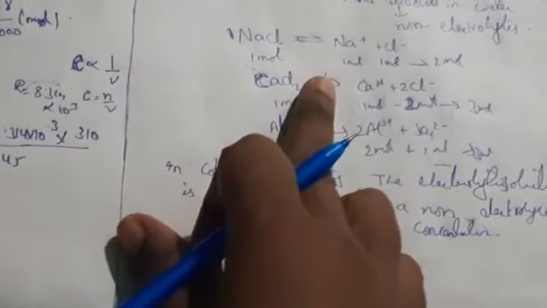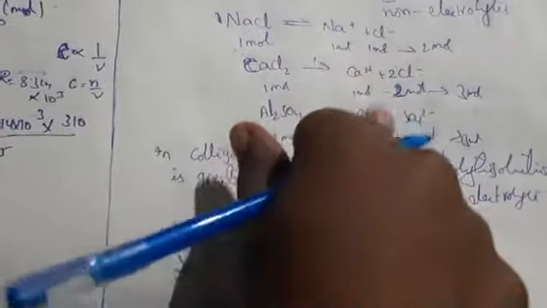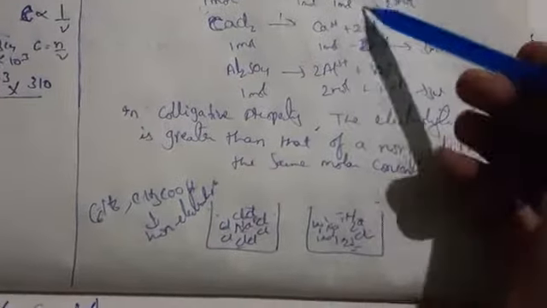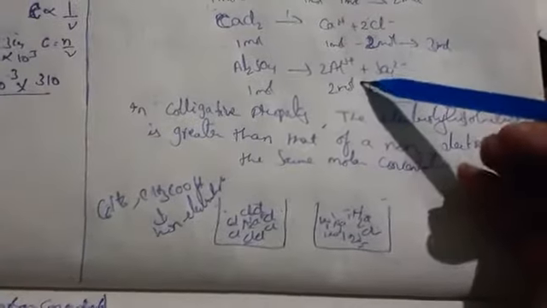So see here, when I am taking NaCl, the colligative properties depend only on the number of particles of the solute. So if you take different solutes also, at the same molar concentration, the colligative property has the greater value. Okay. So 1 mole concentration if you are taking, 2 mole concentration you are getting. So the colligative property is greater for the solution which gives more number of particles on ionization. By ionization only, we are getting this.